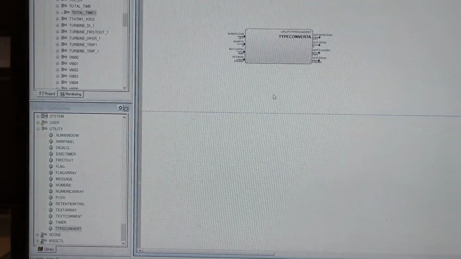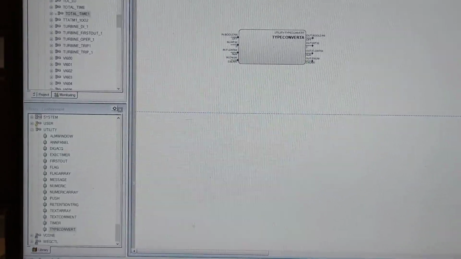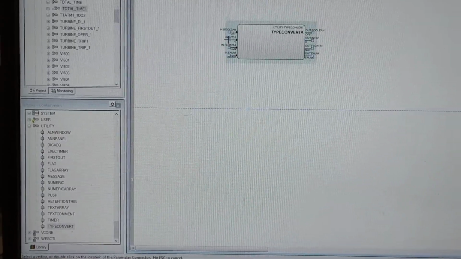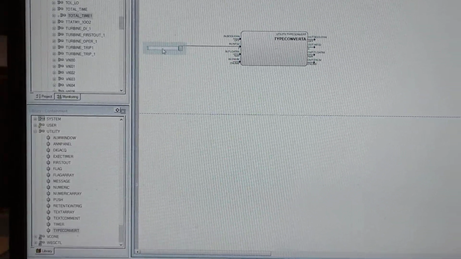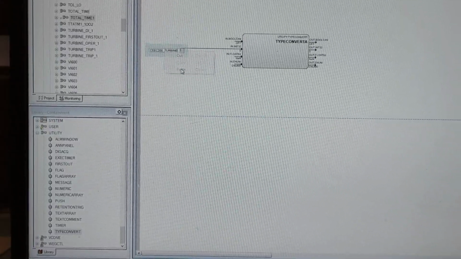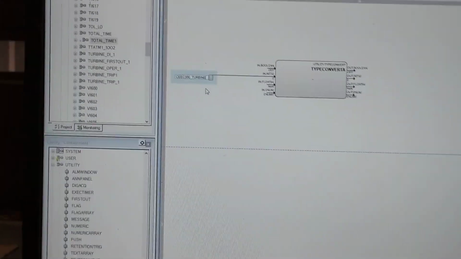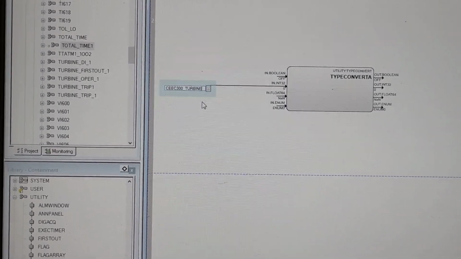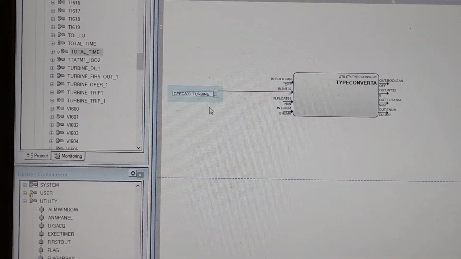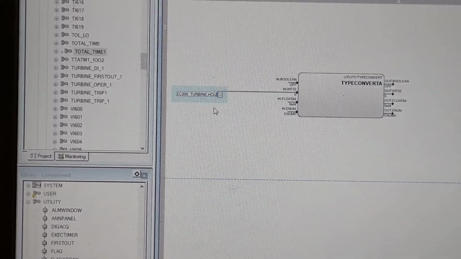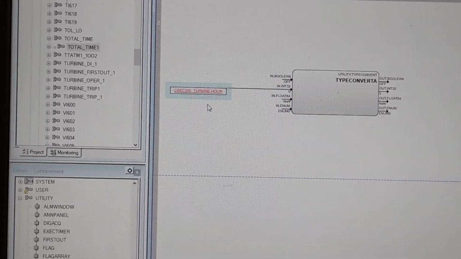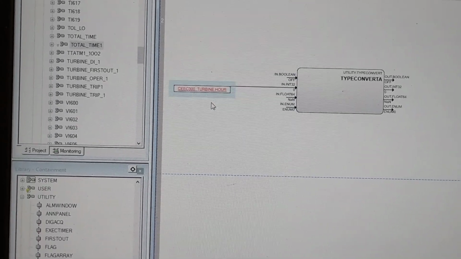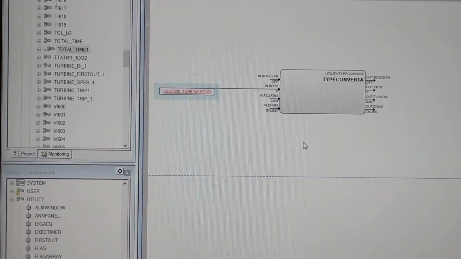Again we will connect a param connector to this 32-bit integer here, and we have pasted the name of the controller, and now give the hour. You can see this is the variable for controller time in the form of the hour.